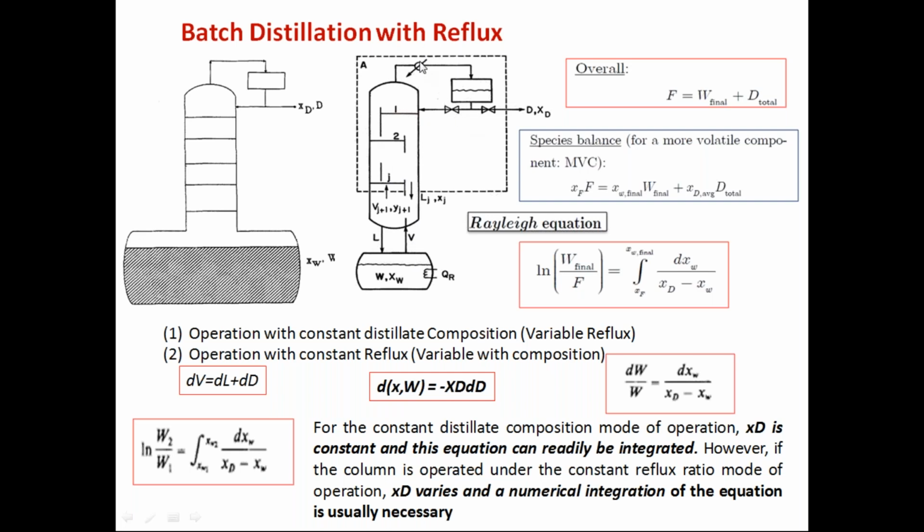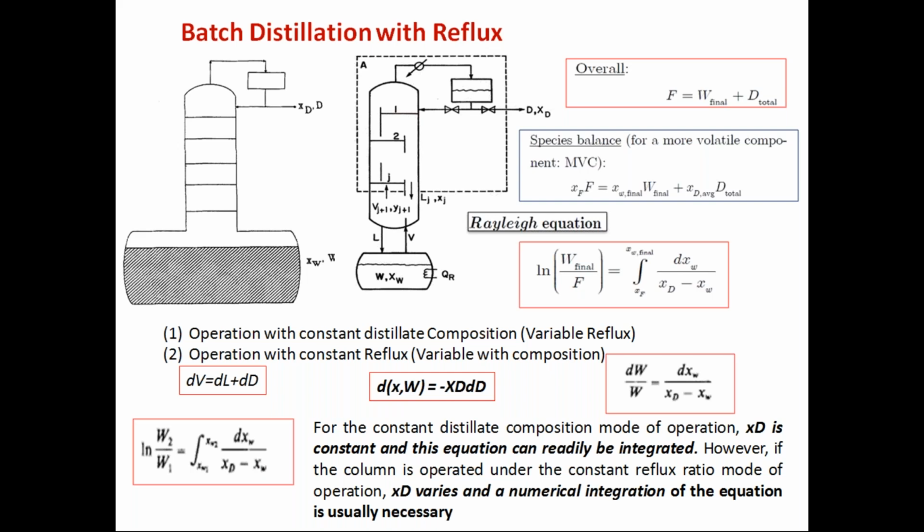However, this condenser is a total condenser, so the vapor which is entering the condenser, the distillate which is withdrawn, and the condensate which is sent as reflux all will have the same composition. That means if y1 is coming out and x0 is entering the first column, y1 is equal to x0 is equal to xd. If that is written somewhere, you should understand that that is the total condenser condition.